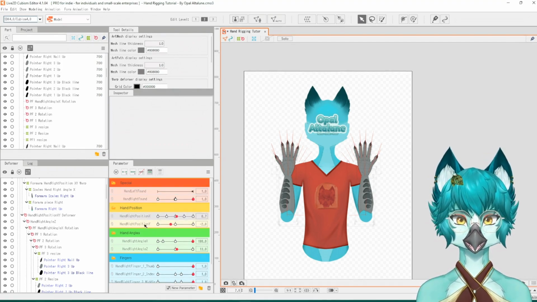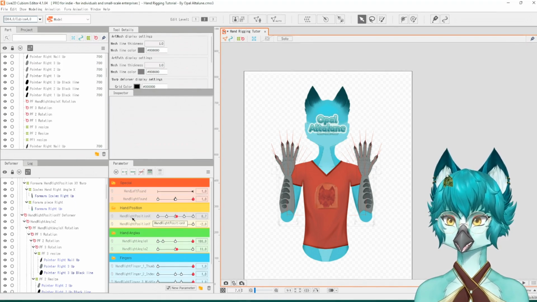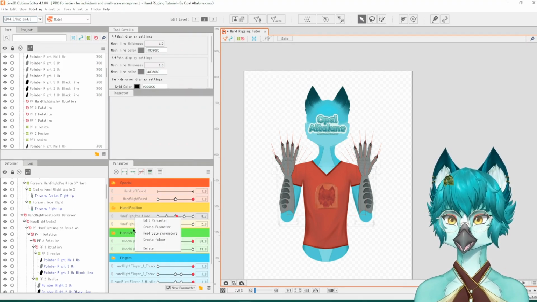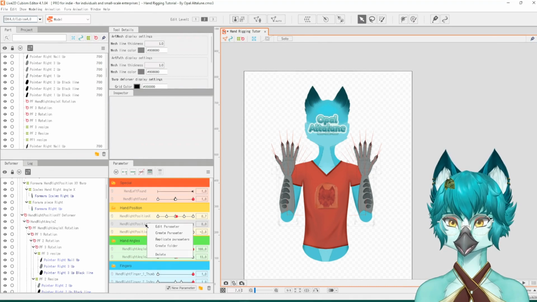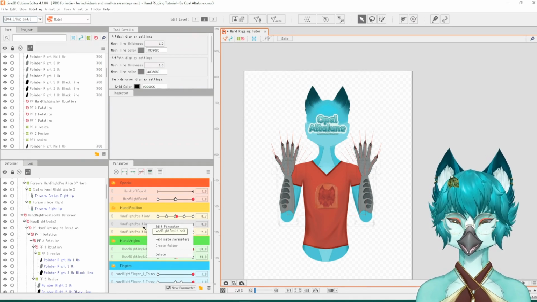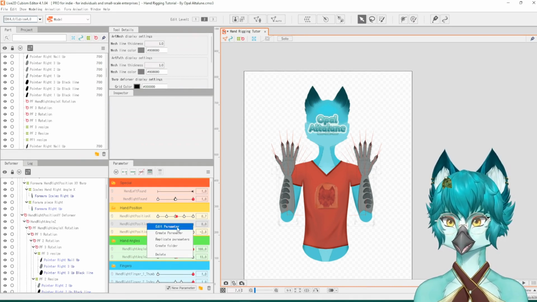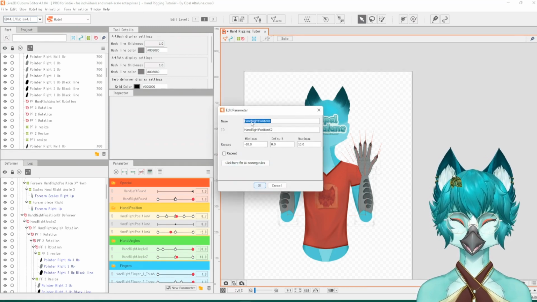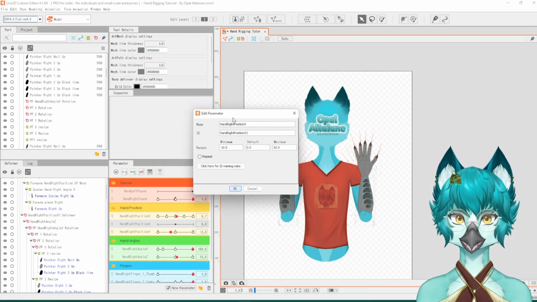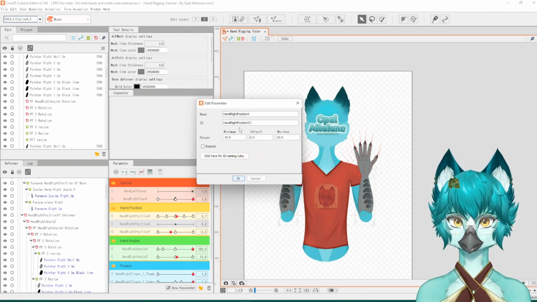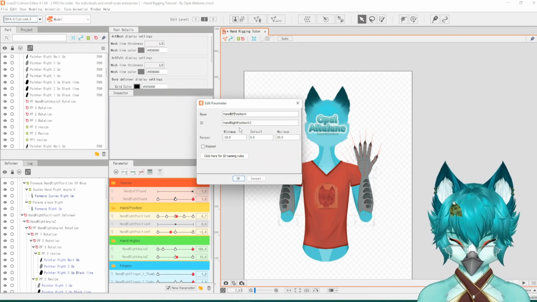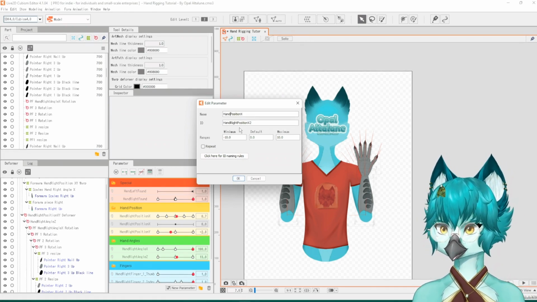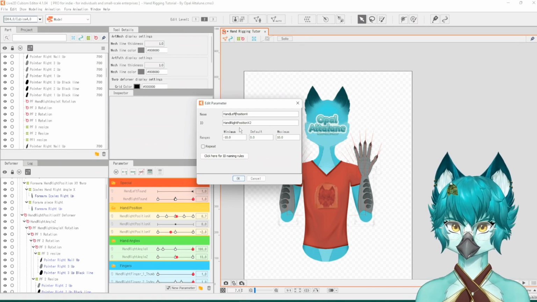So there's an easy way to do this. Click on the hand right position X, right click, replicate parameters, and now you'll have an exact copy. But we don't want an exact copy, we need to edit it just a little bit, so right click again, click edit parameter, and right now it says hand right position X, change that to hand left, make sure you don't have caps lock on, left position X,